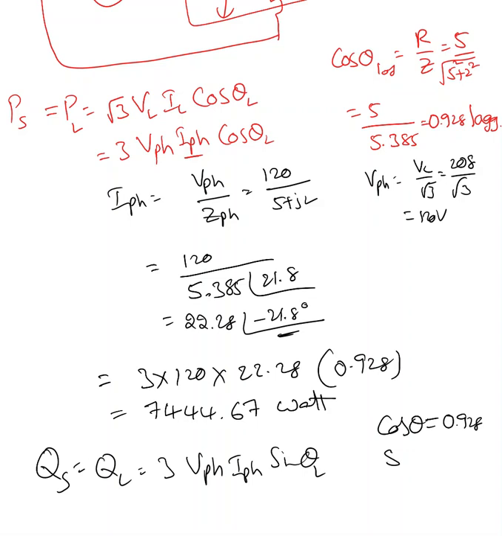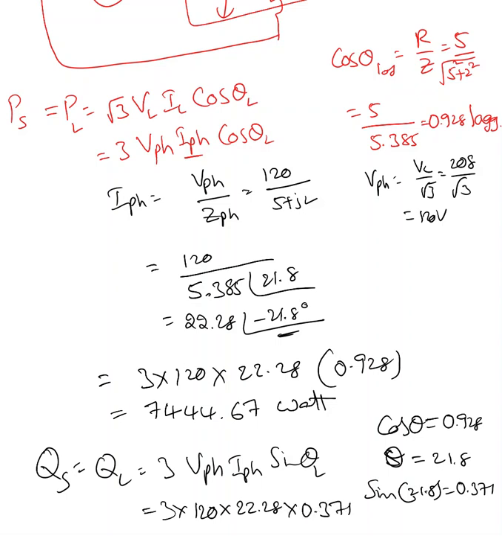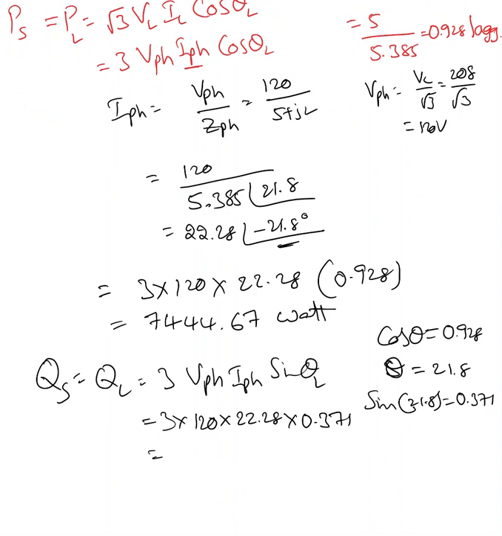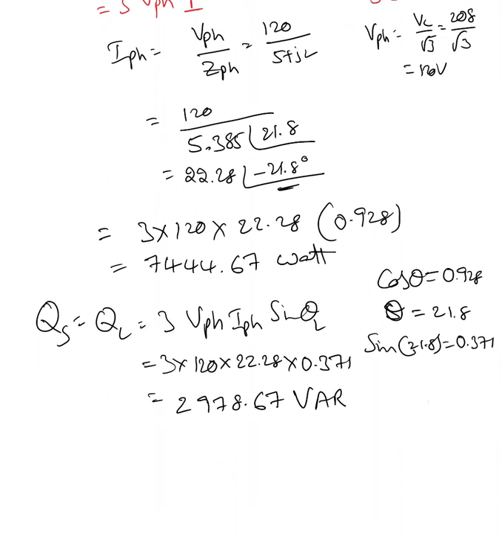So if cos theta equals 0.928, what is sin theta? Theta must be 21.8. Sin 21.8 equals 0.371. So 3 times 120 times IPH, which is 22.28, times 0.371. So the Q equals 2978.67 volt ampere reactive. That's QS, and SS is nothing but